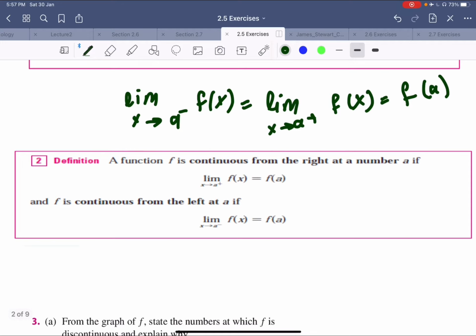For definition 2, a function f is continuous from the right at a number a if the limit from the right equals the image. So now the function could be, for example, on the interval from negative 2 to 2, where they give us the interval. So here we are saying that